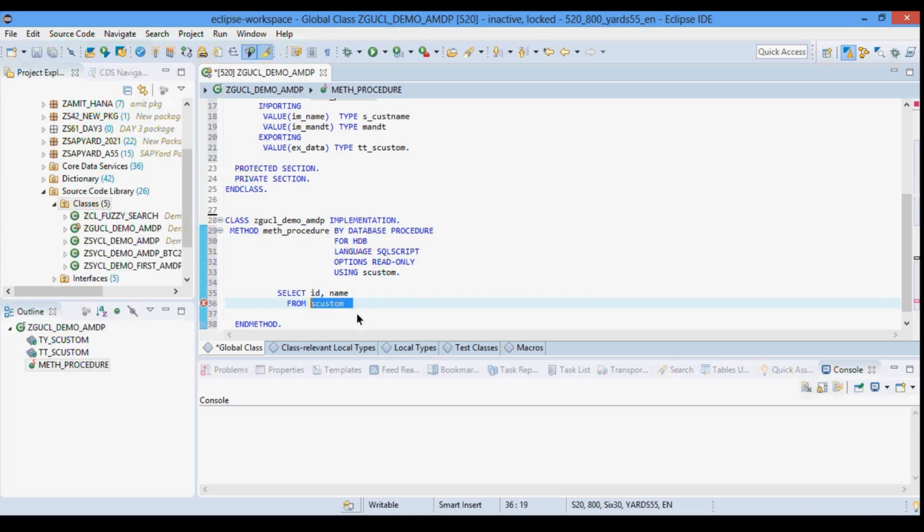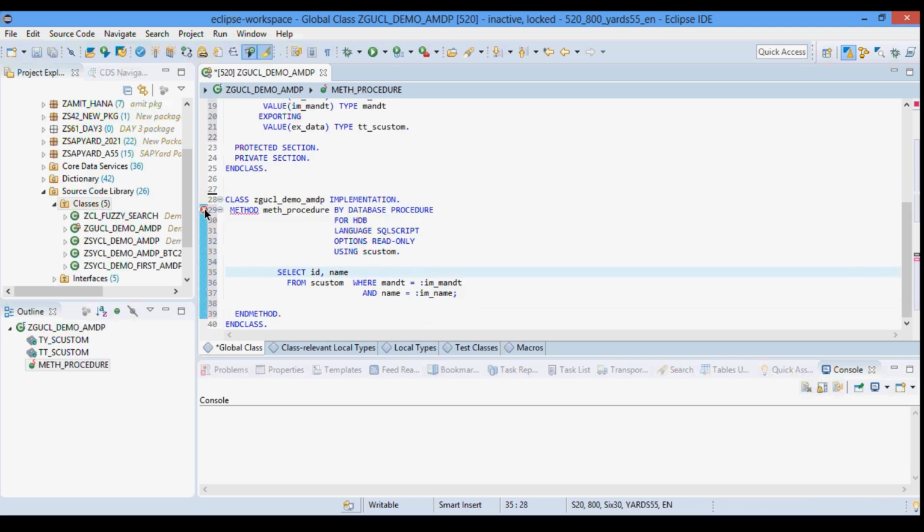This is the database table I am using, so that's why I have to mention it here. SCUSTOM where mandt equal to, now this is my input parameter, and how I am using it is by using a colon followed by this. That's it.